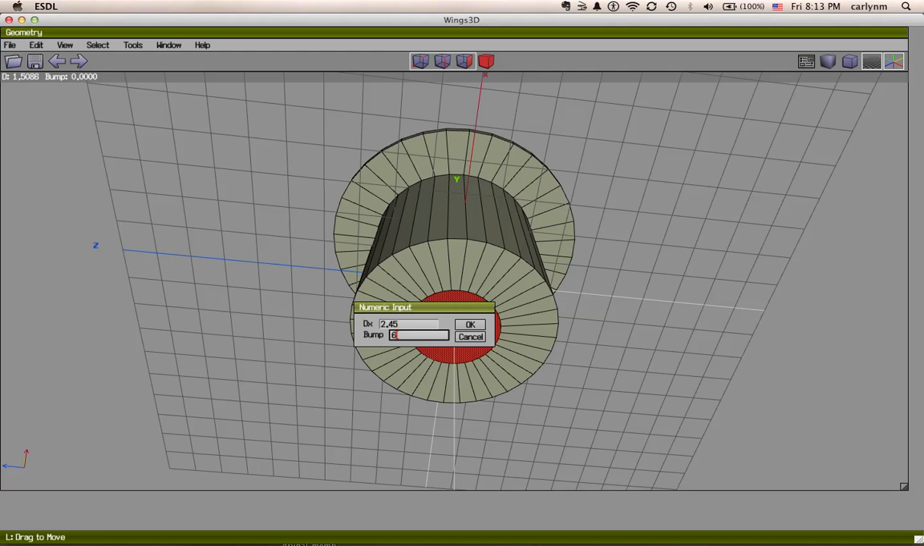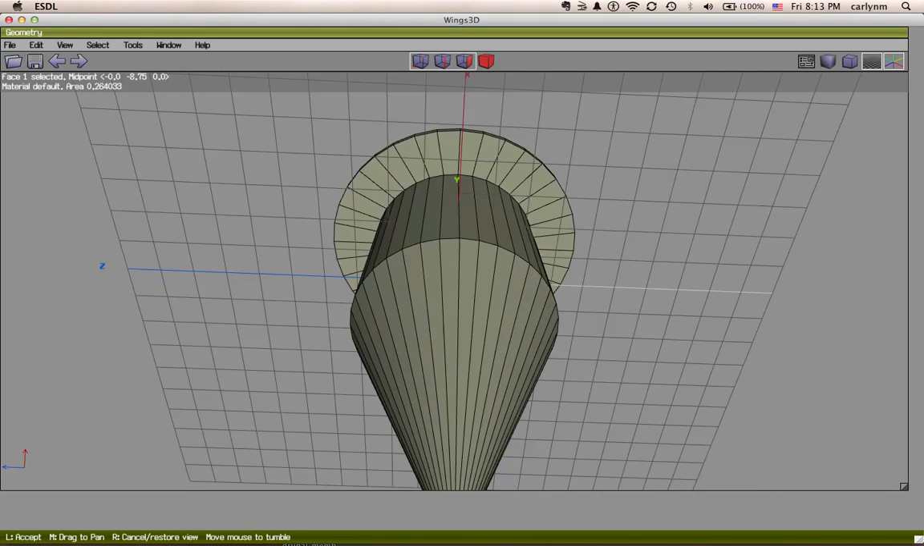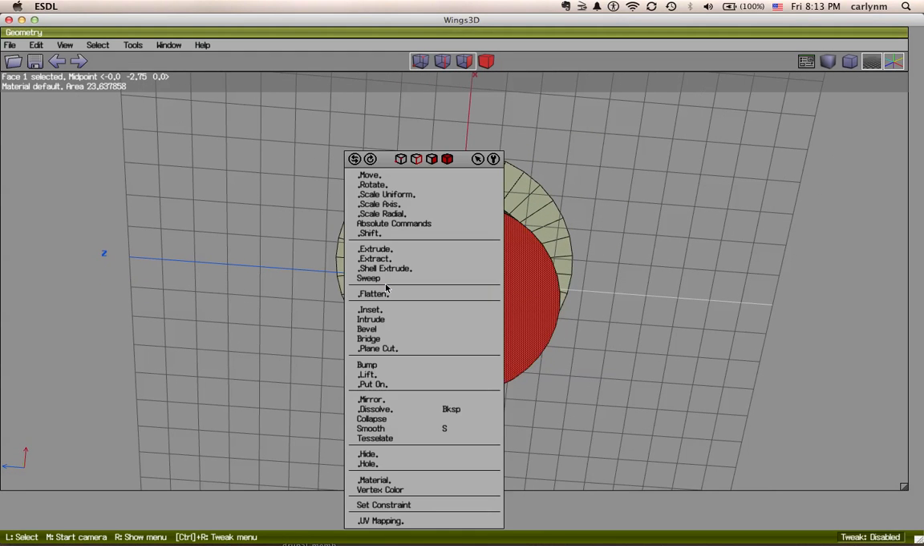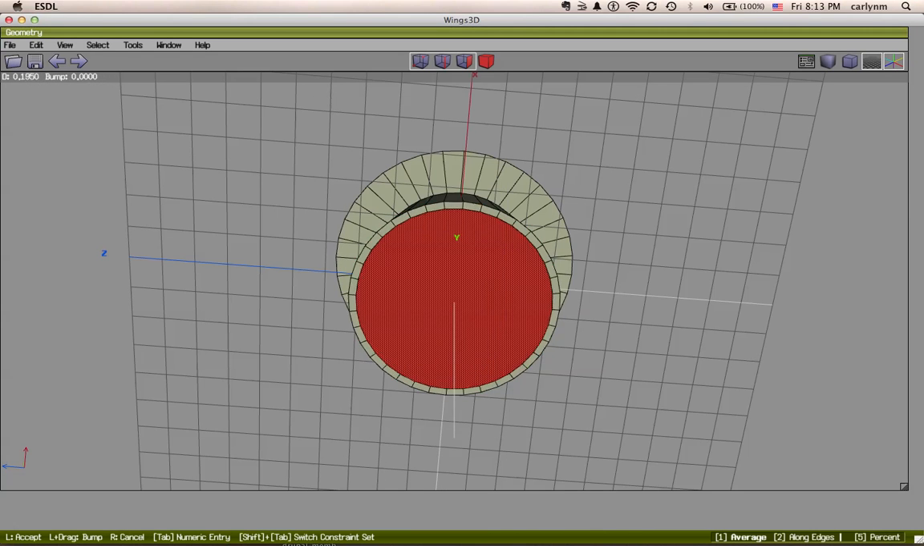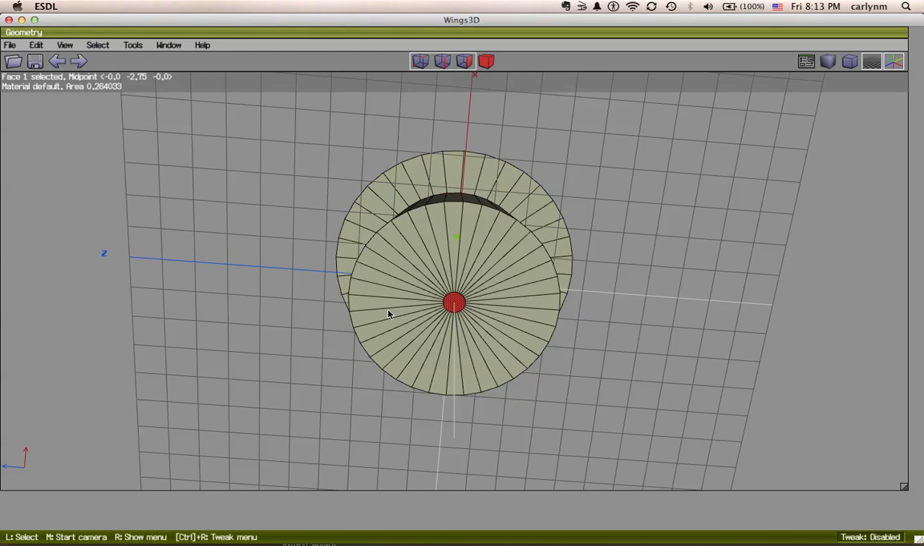Oh, a nice thing is actually the bump. The bump will actually move it out. I don't want a bump, but I'll show you what it looks like. Woohoo! So you'll get a, that's a nice feature there. So one more time. Inset, tab, 2.45, okay,